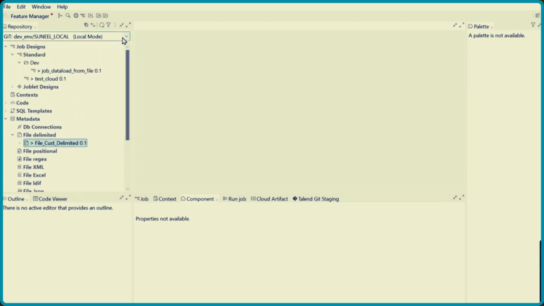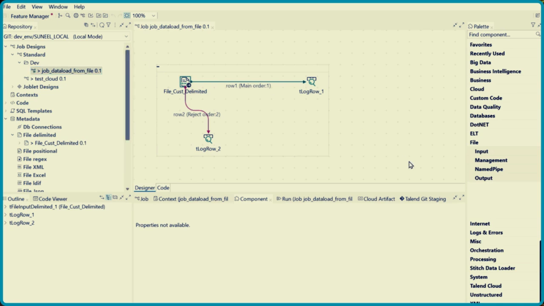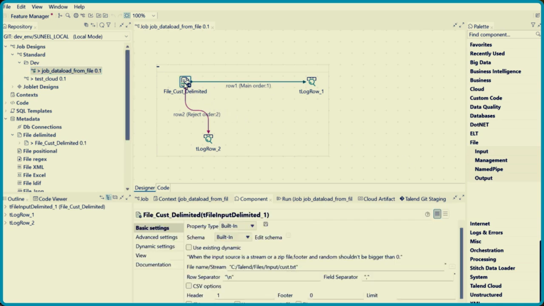So I go to job here. Okay, now I want to create a job. Okay, I created a job, data load from a file. So I created this job. So what I did,